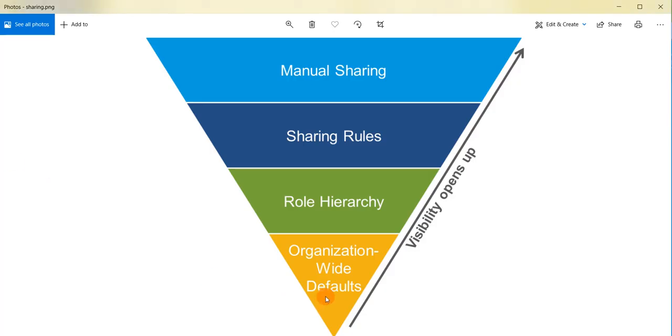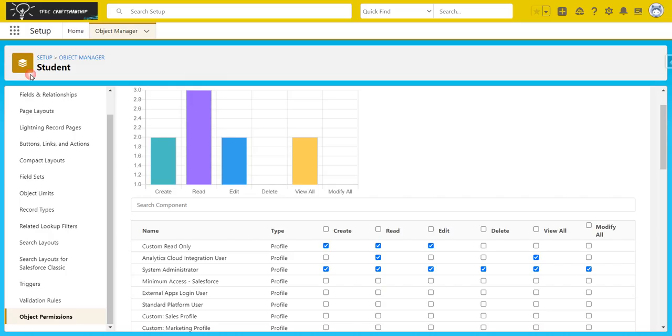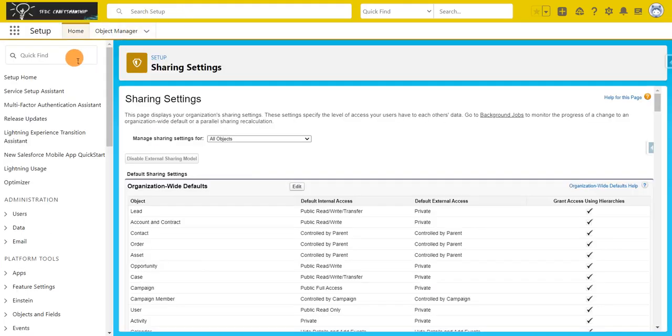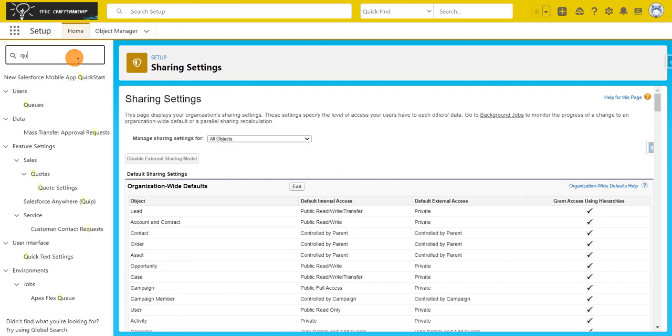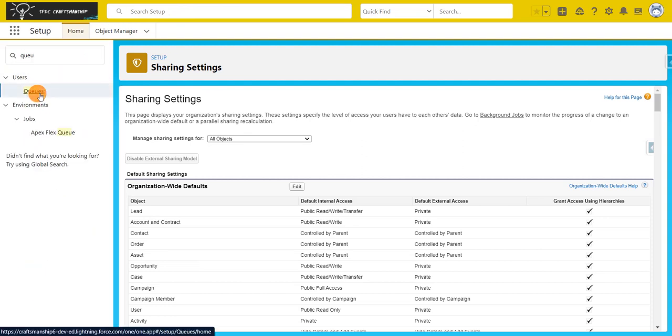Now if you see this diagram, you will understand the organization-wide default. If it's set to private, then only record owners can access their own records. Now I'll go back to setup again and create a queue.